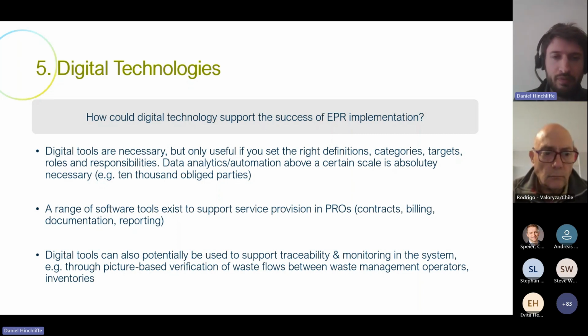defined in your system. There are some software tools available that can support PROs in managing all of these administrative functions. And there are others available as well, or you can think about introducing, which are linked to traceability and monitoring. So let's say you have a delivery, you could take a picture of the material entering your facility. And again, once it leaves the facility, take pictures to have a mass flow, picture-based verification of